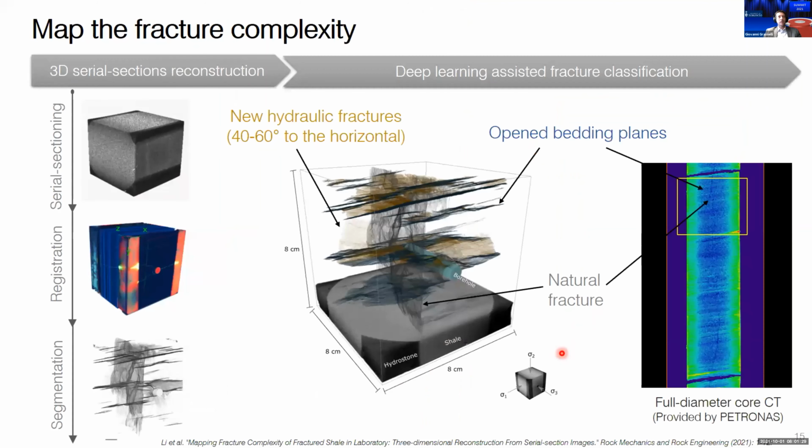So the next step was to decide to try to map the 3D fracture networks within the cube. On a different cube, tested in a similar way, we tried to map the internal structure of the fractures. First of all, we CT scanned the entire cube. We compared that with a previous X-ray CT scan provided by our collaborator Petronas, on